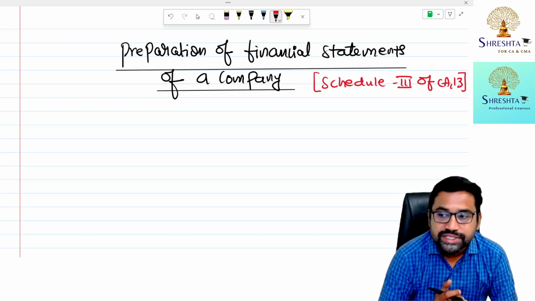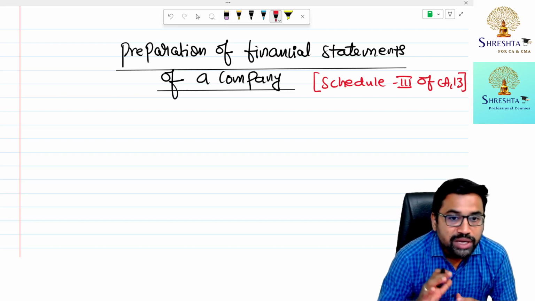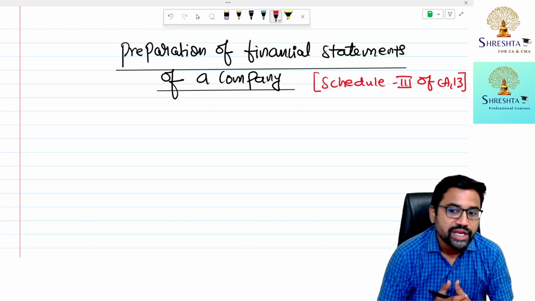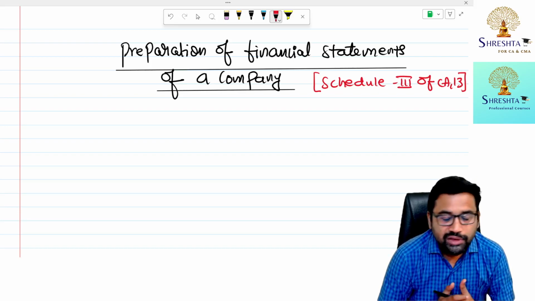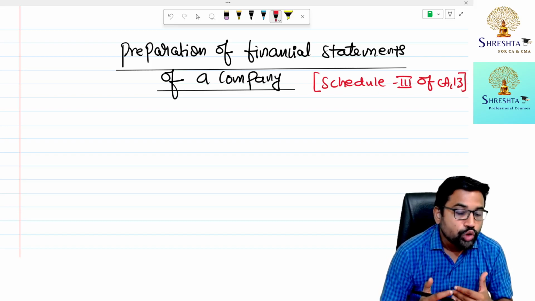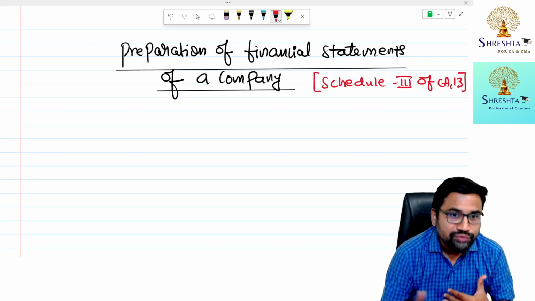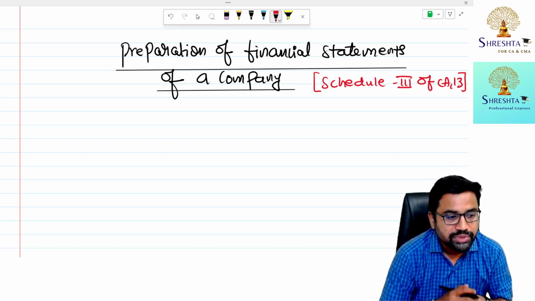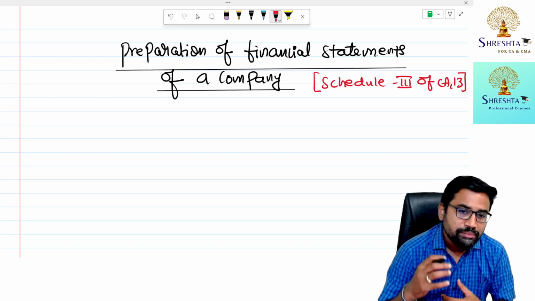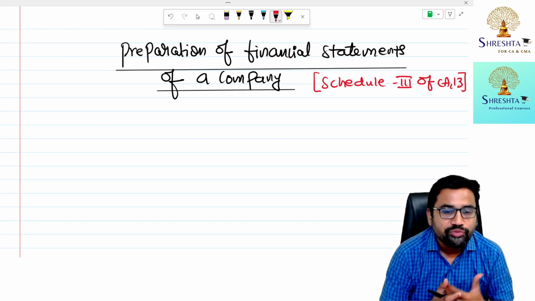And one more thing, sir, Schedule 3 is only a minimum requirement. It is not that I am preparing financial statements only as per Schedule 3. No, Schedule 3 is a minimum requirement. If you want to prepare financial statements more elaborately, if you want to give more information to the users of financial statements, Schedule 3 is not going to restrict it. The main object of Schedule 3 is to bring one kind of system, one kind of uniformity